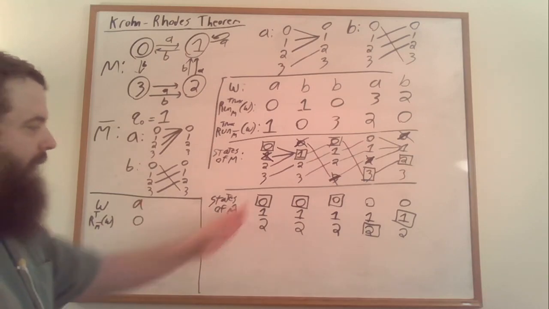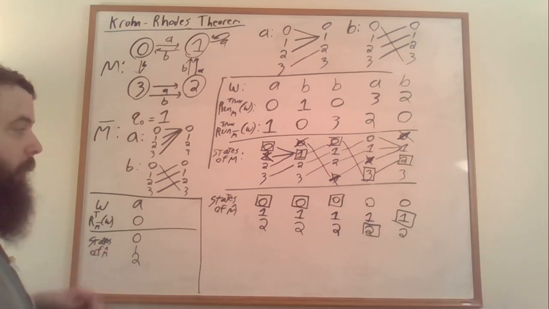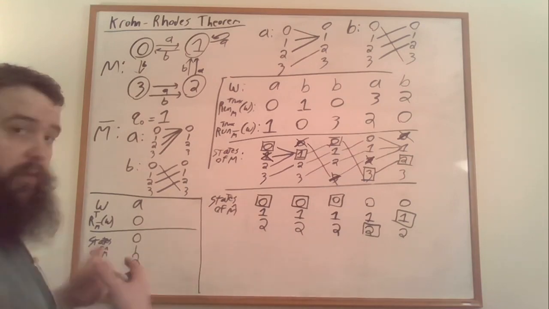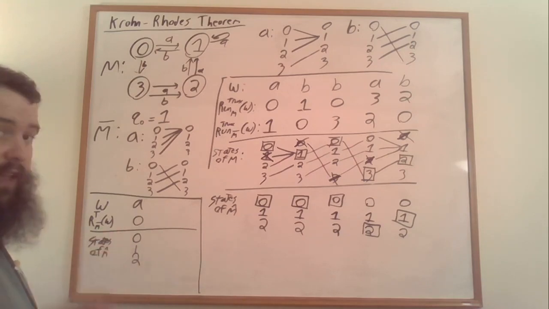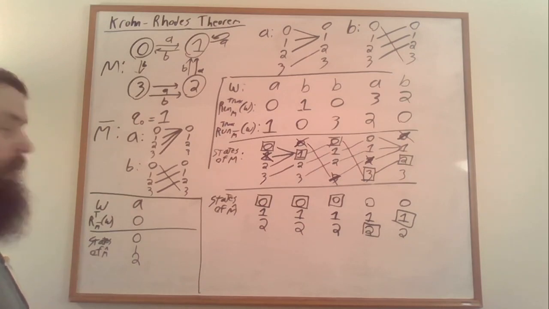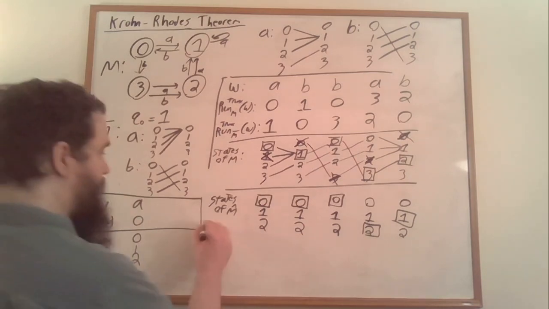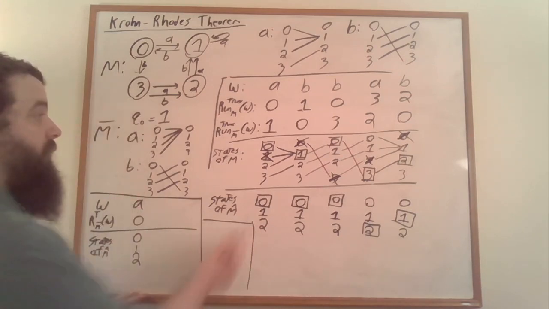Well, m hat can be in one of 3 states, and we need to figure out how the state of m hat is going to transform when we're in each of these states before we read in this input. And the way to do that is to, on a little piece of scrap paper,